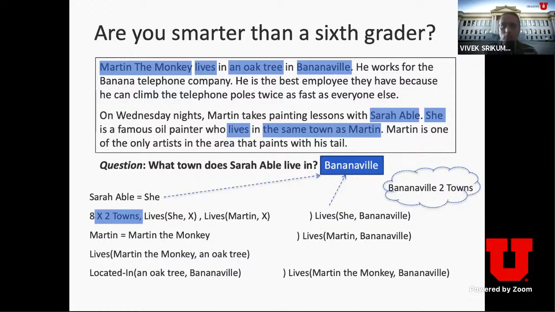Now, other than the somewhat awkward math formatting that's going on here, I want to mention two things. Most of us would agree that the answer is Bananaville, and almost none of us would have actually gone through this really complicated process explicitly in our minds in order to prove that the answer is Bananaville. We can read the text and perform this kind of processing, solving all these different named tasks like semantic parsing and coreference resolution and all these things in an instant. That's what we want machines to do.